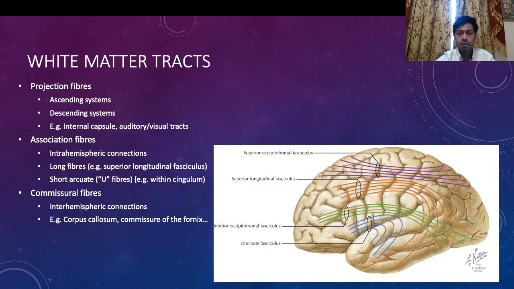And then when we can identify the sulci, we can then start navigating our way around the lobe. And once we can navigate our way around the lobe, then we can identify certain gyri. Gyri are convolutions in the lobe,